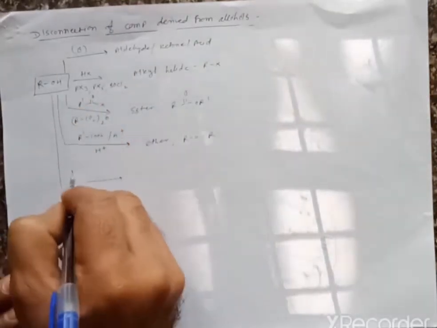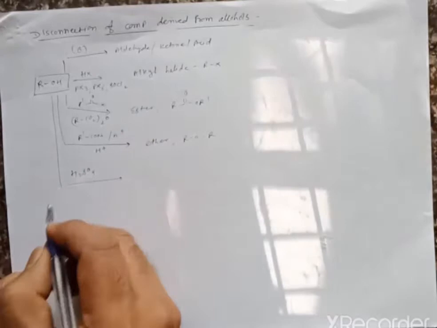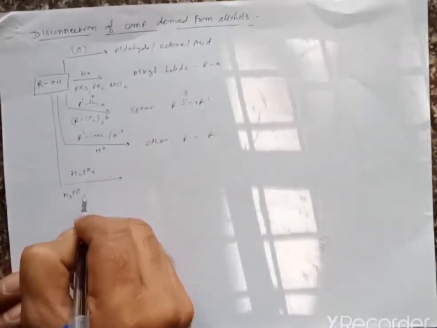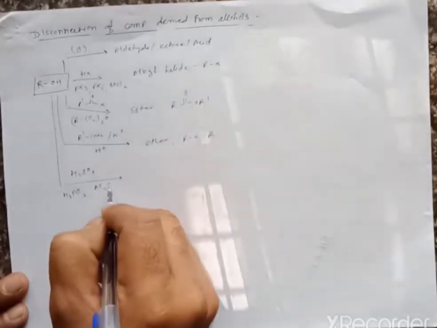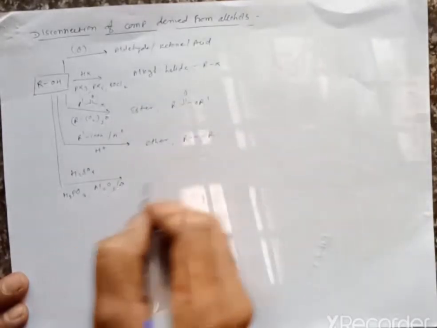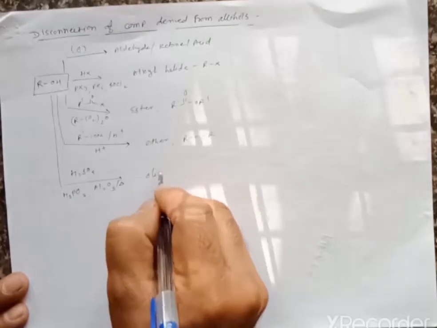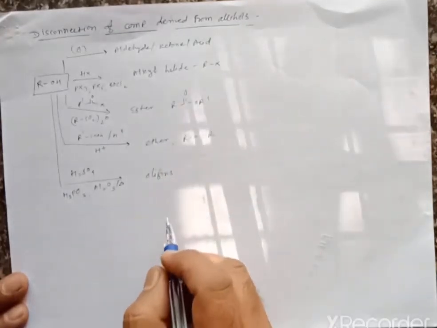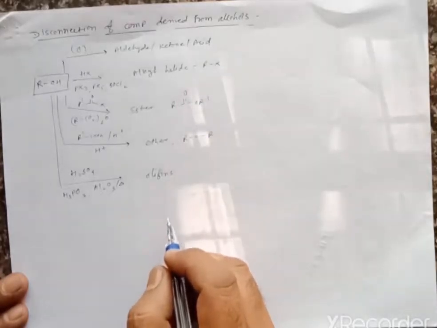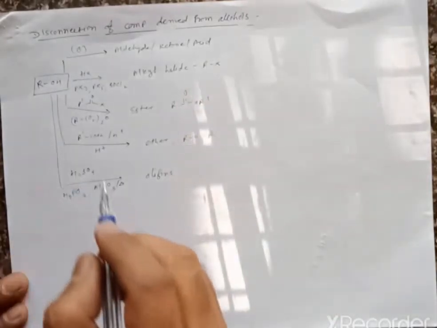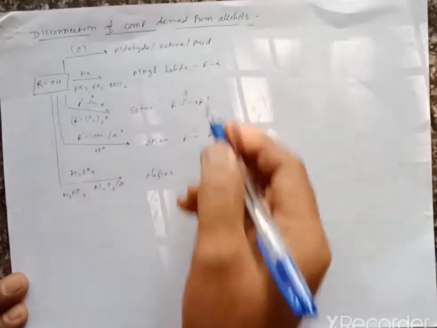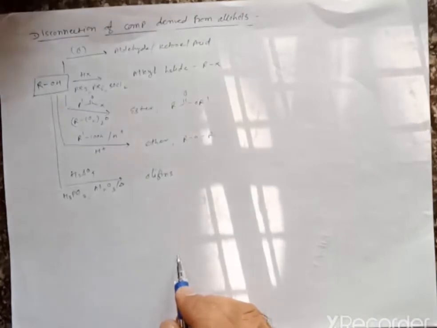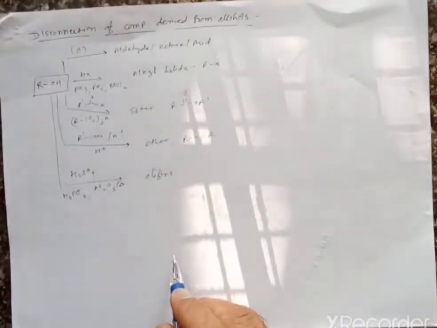And if we treat this with sulfuric acid, H+, or with phosphoric acid H3PO3, or with Al2O3 in the presence of heat, upon dehydration it gives the formation of olefins. So these are the compounds which can be derived from the alcohol, and from the retrosynthesis, if these compounds are there, we can take an alcohol as a starting compound for this molecule, right?